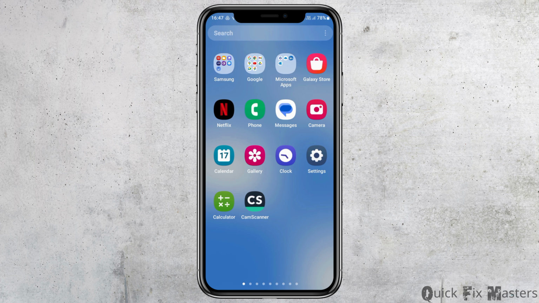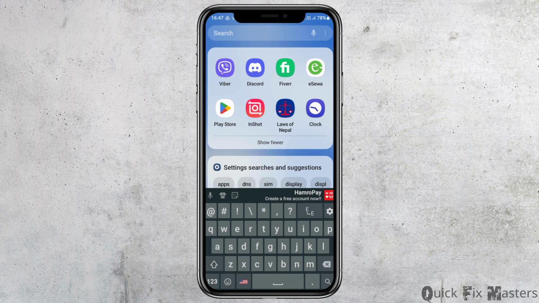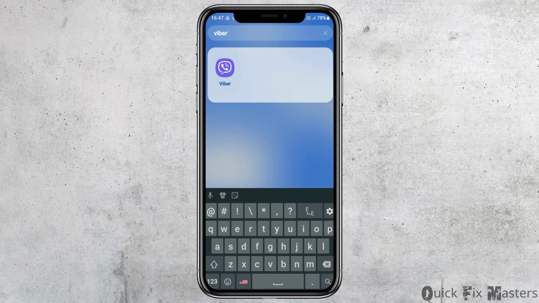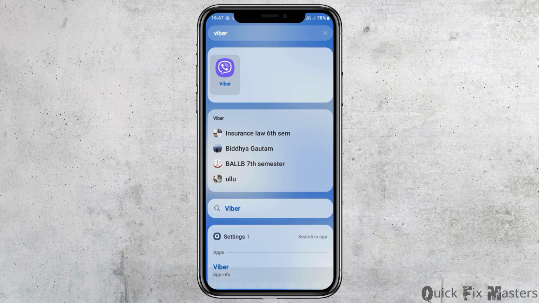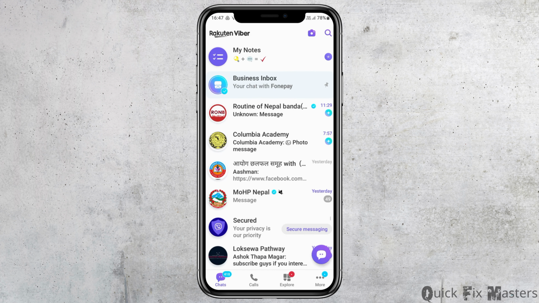In order to do so, you have to go to the search icon on your very mobile device. After you go to the search icon on your mobile device, you have to search Viber there. After you search Viber there, you can see an interface like this. Now you have to tap on the very Viber application, and this way Viber application will be launched on your